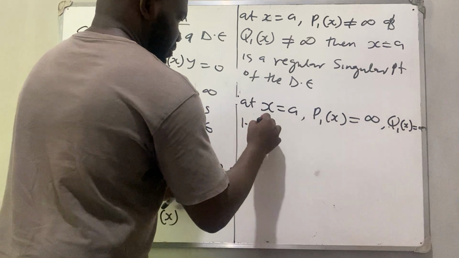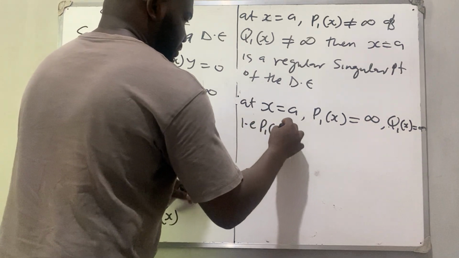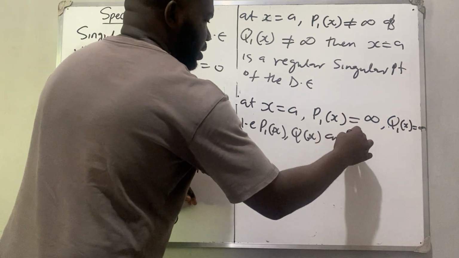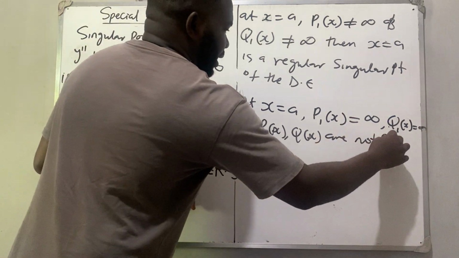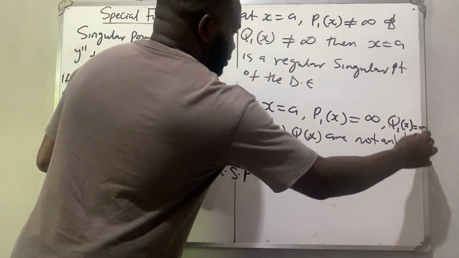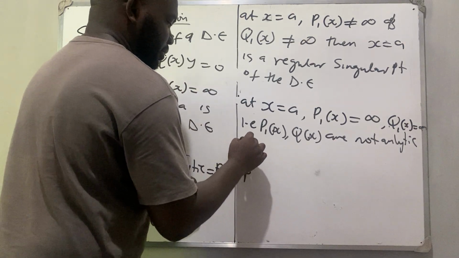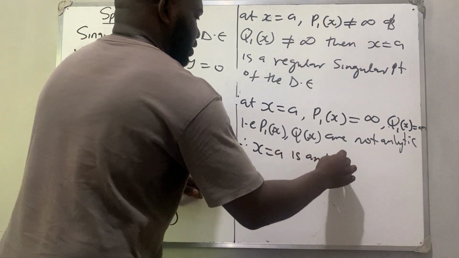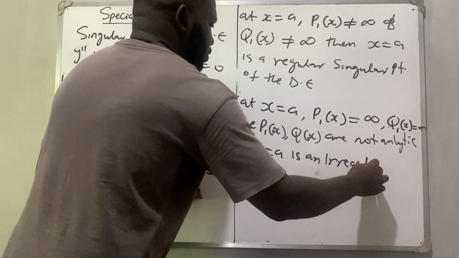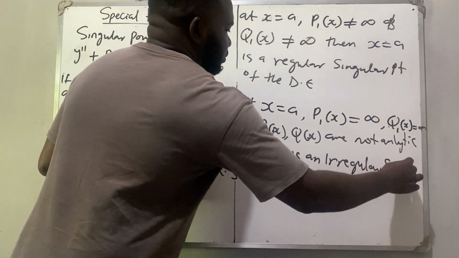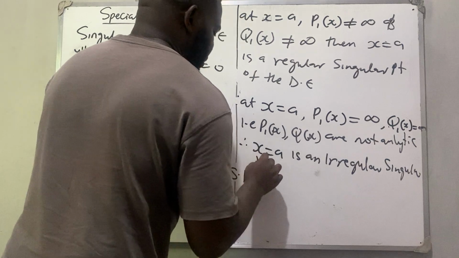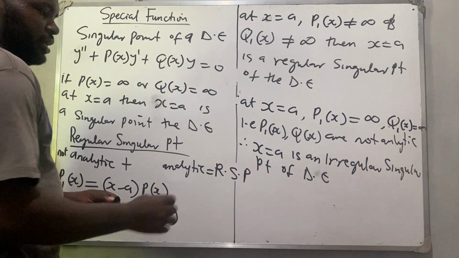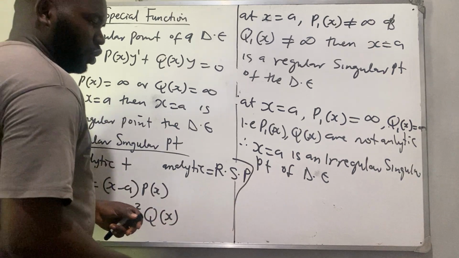If P1 of X and Q1 of X, or even one of them, are not analytic, then we conclude that X equal to A is an irregular singular point of the differential equation. So that was why I said in conclusion, or in summary,